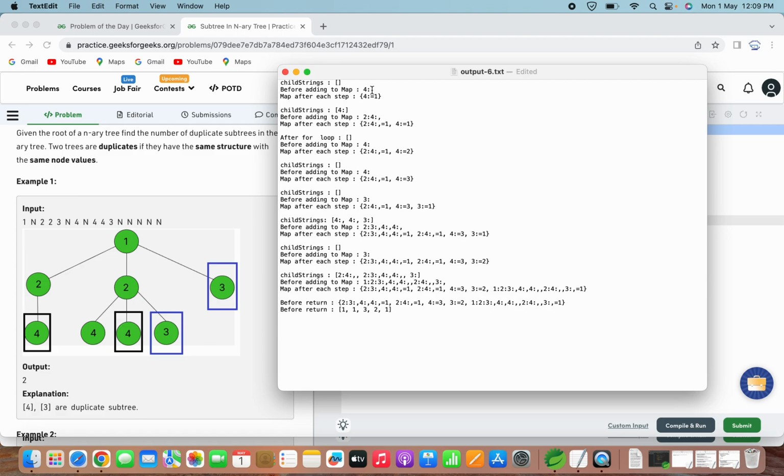them to the parent. Okay, we will sort the subtree string of the children before appending them to the parent string to ensure consistency in the subtree structure. Then we will finally return the subtree strings. Okay, so let's go through and understand how this approach is being used for creating this map and